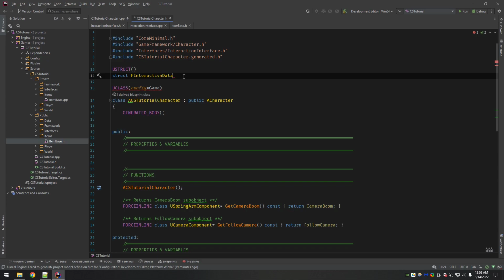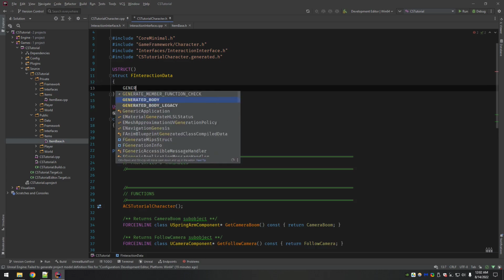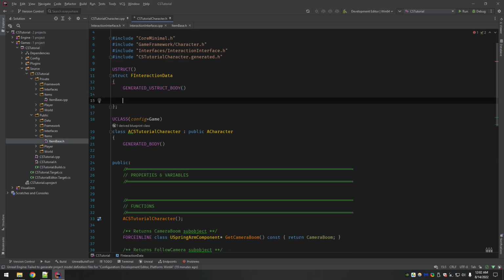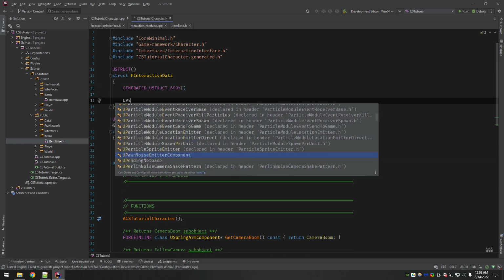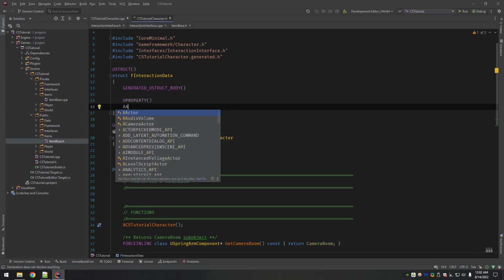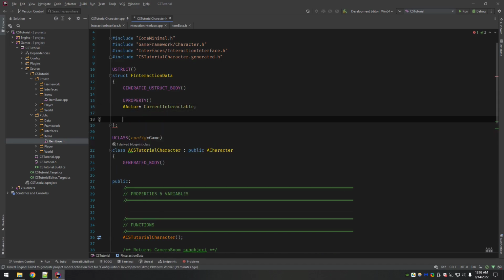Interaction data is like info about the interaction. So USTRUCT body. What it's going to contain is the current interactable, and then it's going to contain last interaction check time.